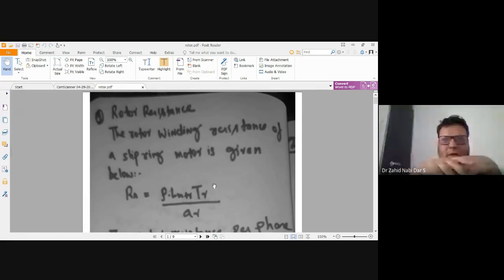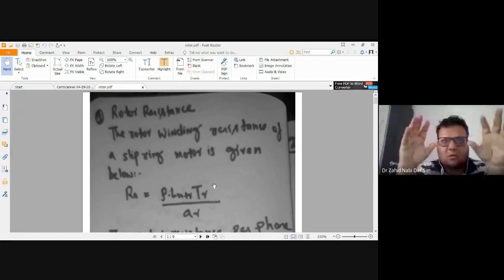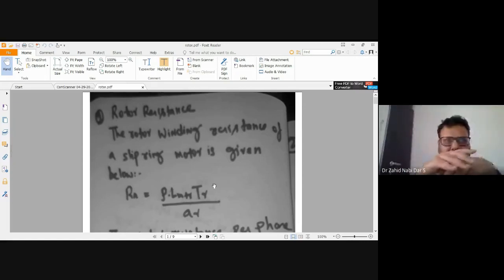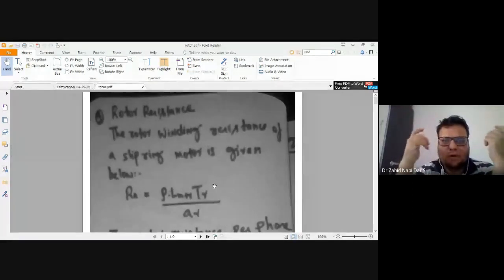Similarly, if you are going for a DC motor also, although the name suggests DC motor, the winding in which it is wound comprises both resistance and inductance. Today in this topic we are going to study rotor resistance and how to calculate this rotor resistance. When we studied the induction motor, we came across a terminology called the bar current.